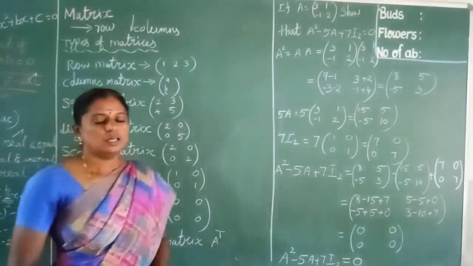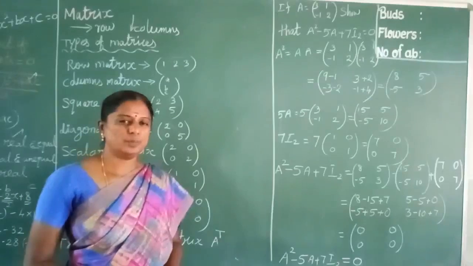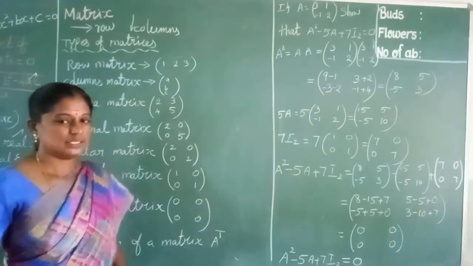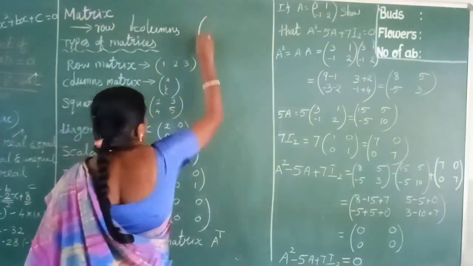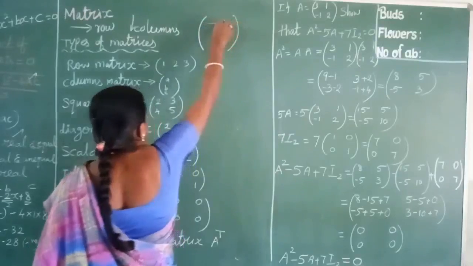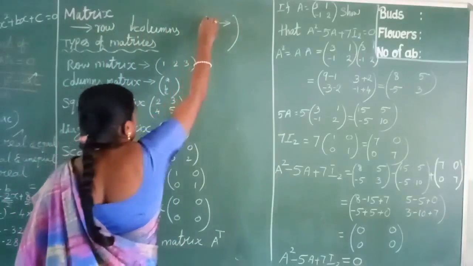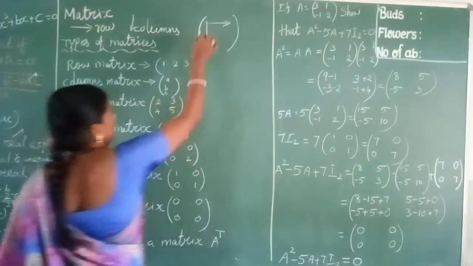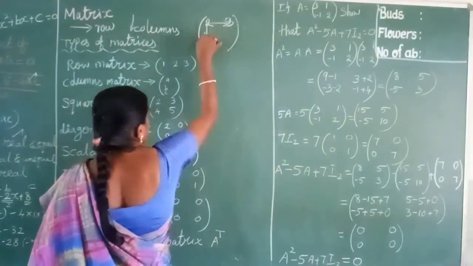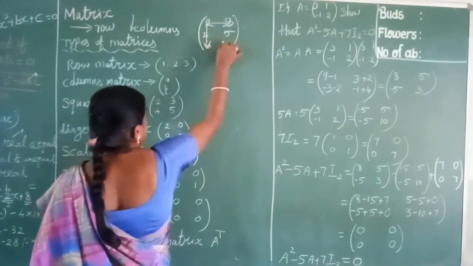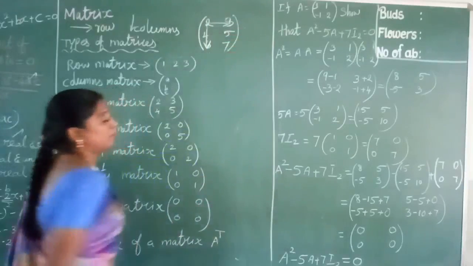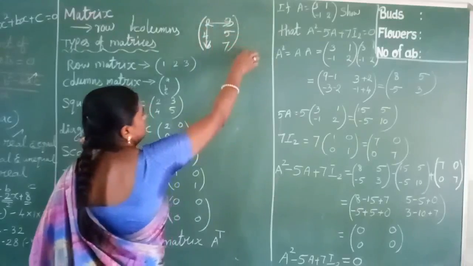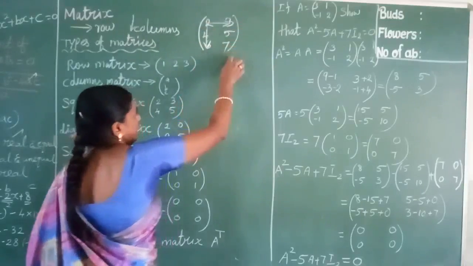Next we discuss matrix. That is a very important topic. A matrix is a rectangular array of elements. So this is a matrix. The horizontal arrangement is called row and the vertical arrangement is called column. So we write the numbers 2, 3, 4, 5, 6, 7. This one is the first row, second row, third row. This is the first column, second column.